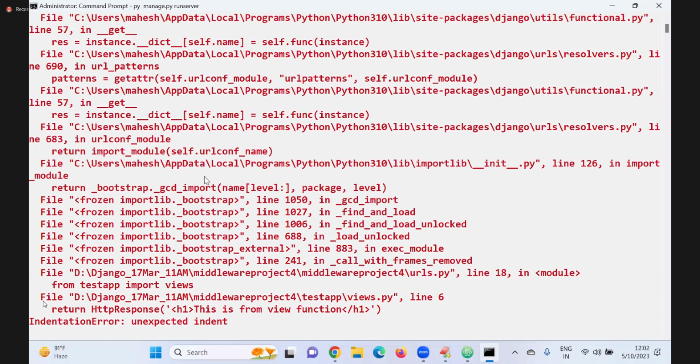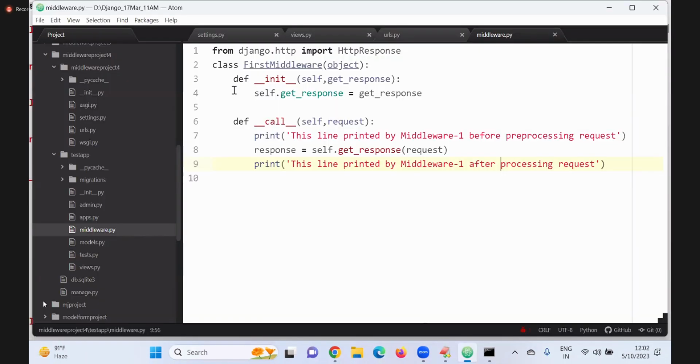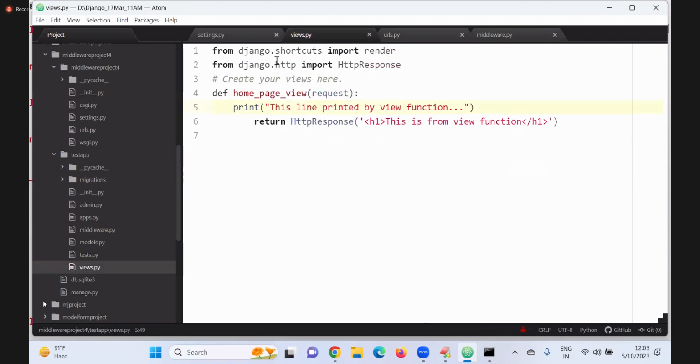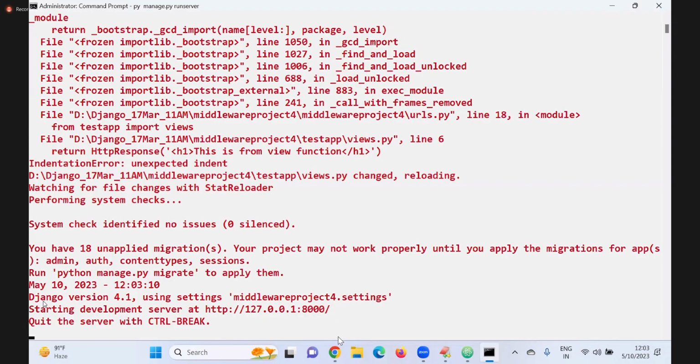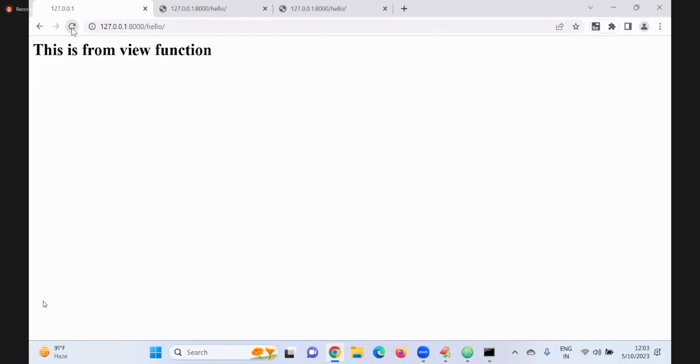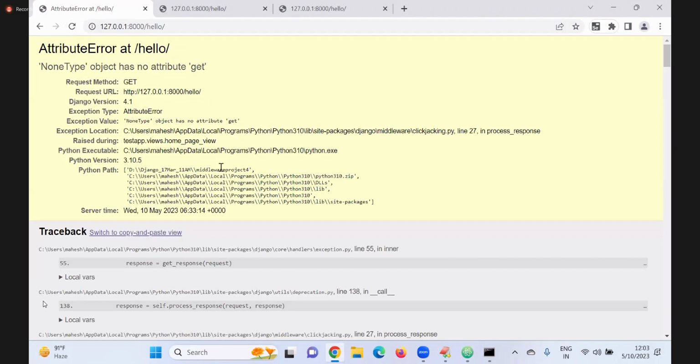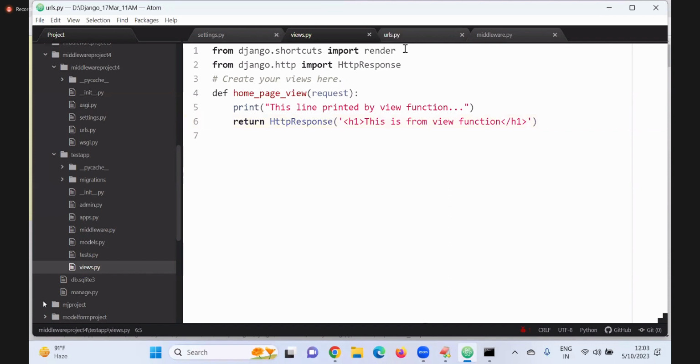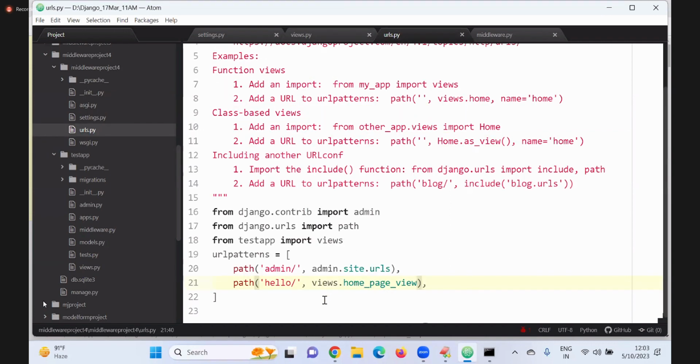Sir, indentation error in the view here. Yes. Now check it, server started. Now give the request. NoneType object has no attribute get. Is the URL correct?